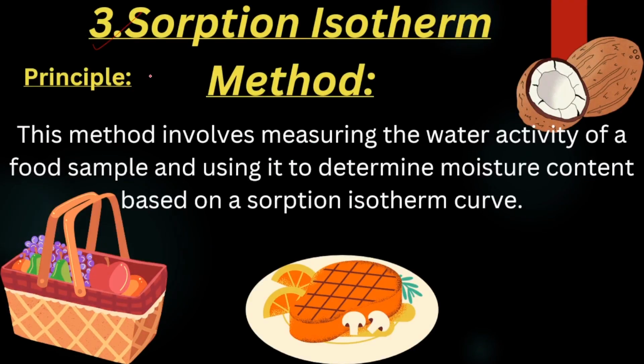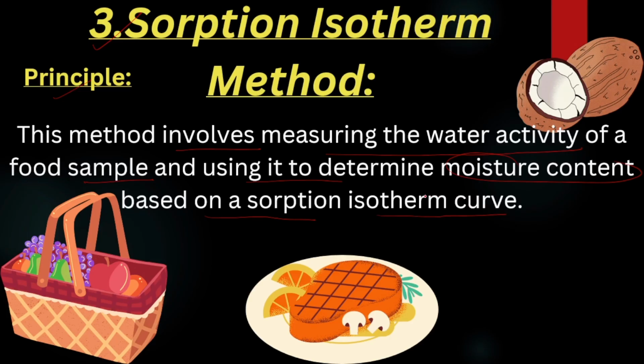Next is the sorption isotherm method. Coming to the principle, this method involves measuring the water activity of the food sample and using it to determine the moisture content based on the sorption isotherm curve. The sorption isotherm method in food analysis is a technique